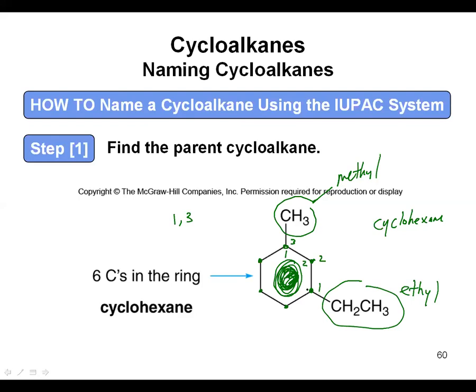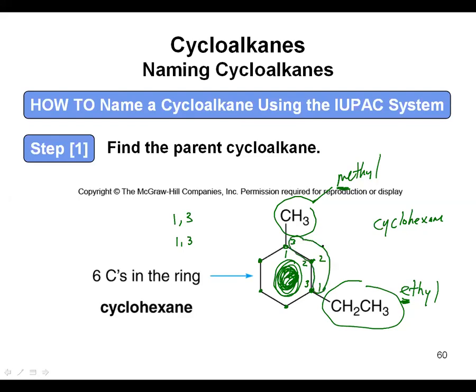So that's sort of a tie no matter which way you go in terms of numbering between those groups, the carbons. But what's important, as we talked about in terms of the groups, is alphabetical order, which means technically speaking, E is going to come before M, which means we want to give that guy with the E the lower number, which means we would want to go this way when we're numbering it,